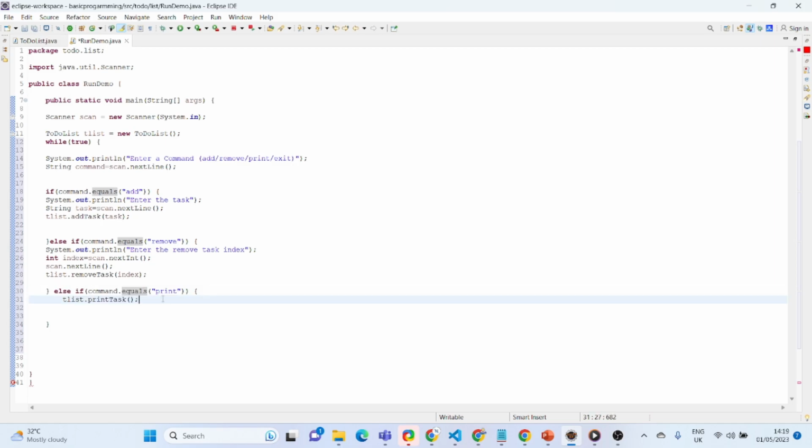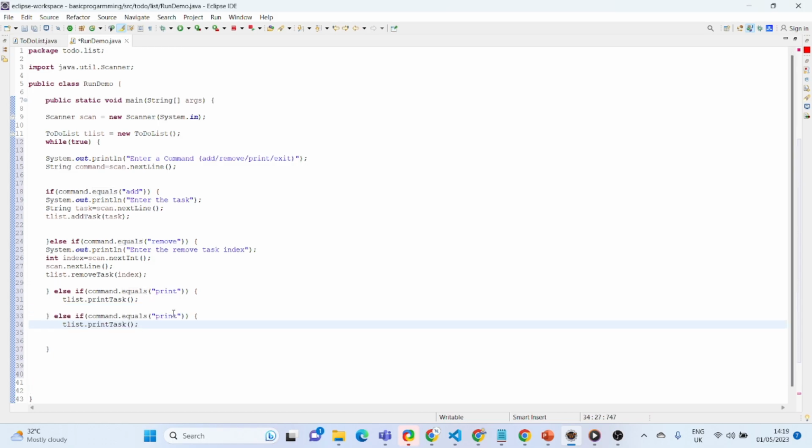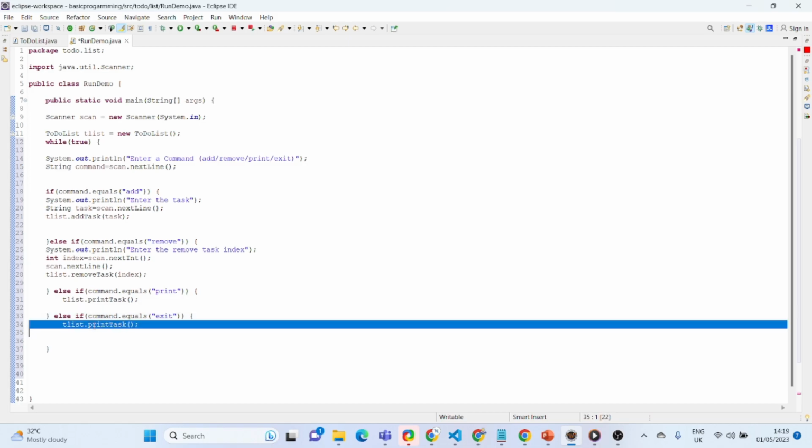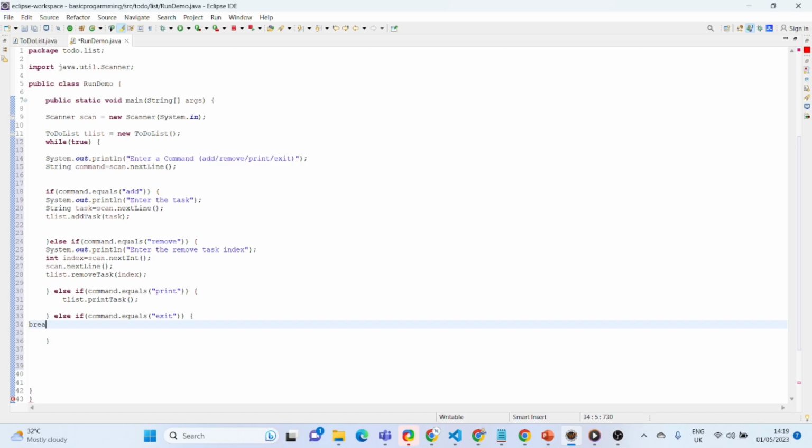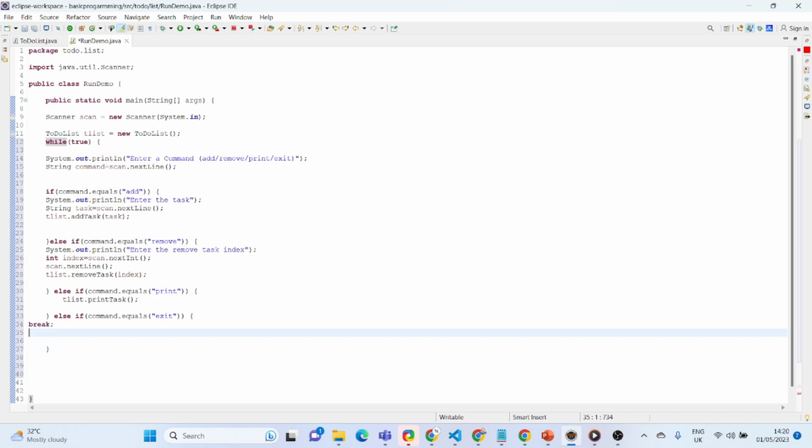Copy. I'm going to change. If the user puts or selects exit, the system should break. So that is the function. And another thing, the final thing is